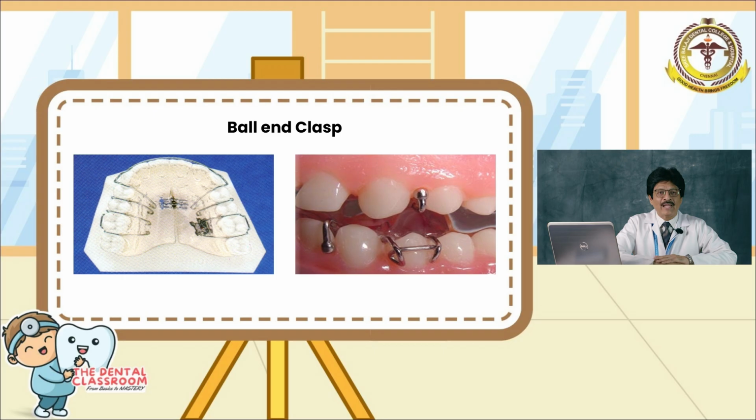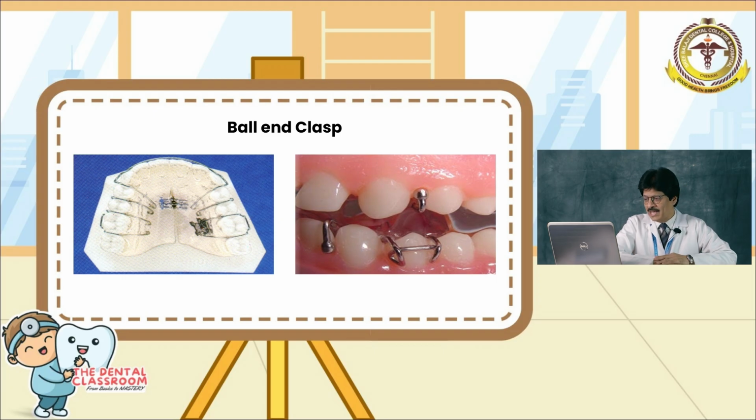Then we have the ball end clasp. We do not make this. This is available, and then we just use it where it needs to be used, more so between the first and the second premolars. And an appliance where it is most commonly used would be its use in the twin